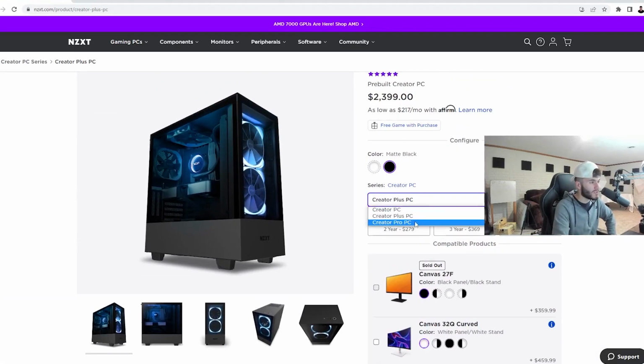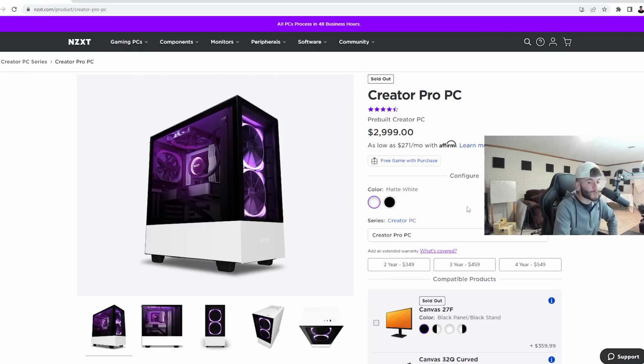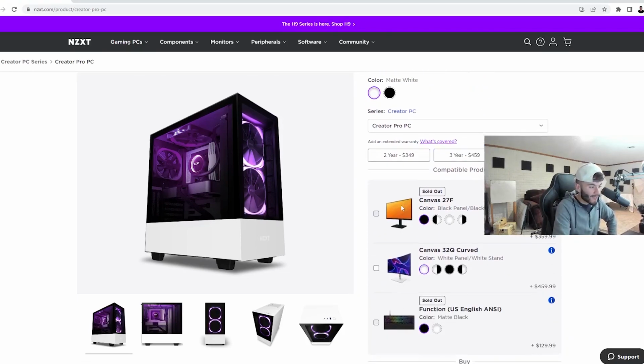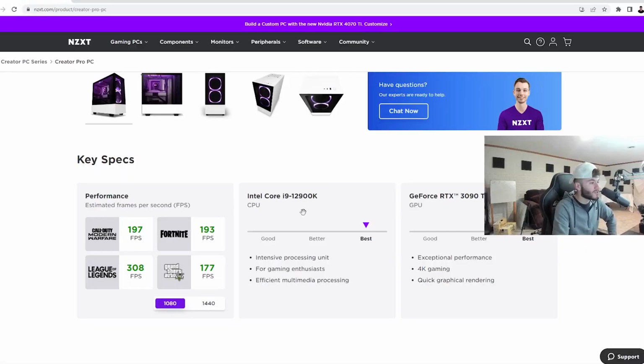The Creator Pro PC. Oh boy. Is this one sold out too? Shoot. Damn. $2,999, so basically $3,000. Okay. Wow. So this can run 197 FPS on Modern Warfare. Wow. That must be nice. So same CPU. So the GPU is different this time. It is a 3090 Ti, so it's gonna have a titanium core to it. And I believe that's the last step before you get up to the 40 series,